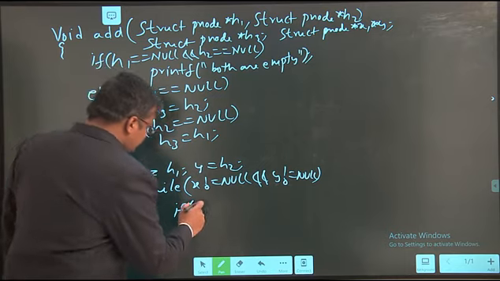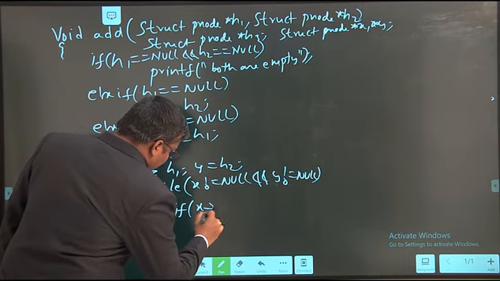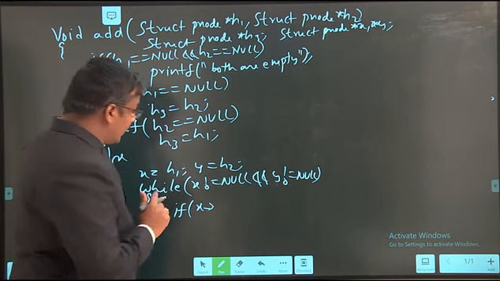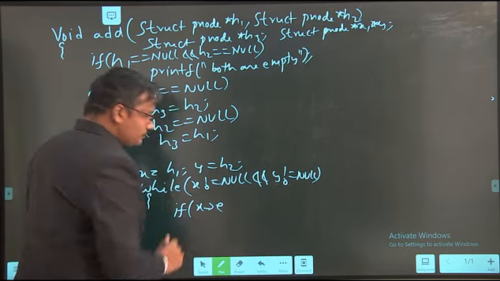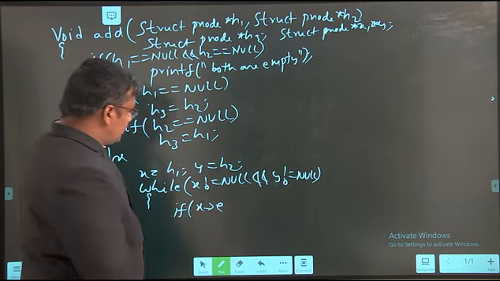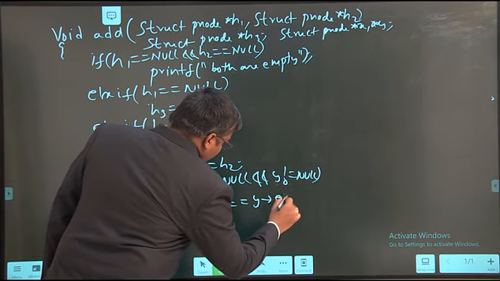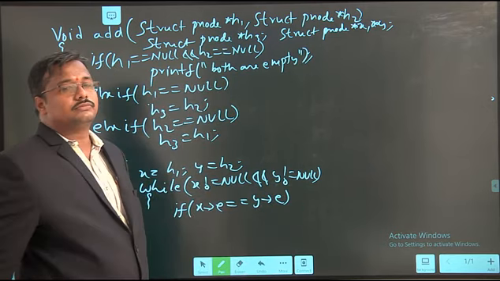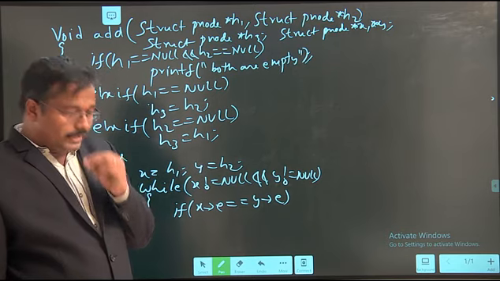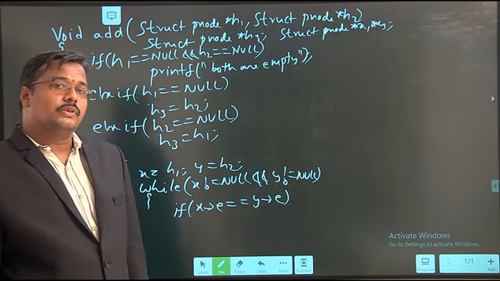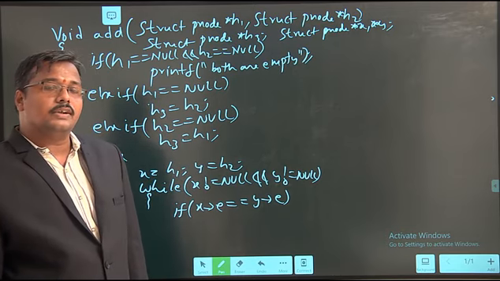Okay. So first we need to check if x of exponent is equal to y of exponent. What we have to do?